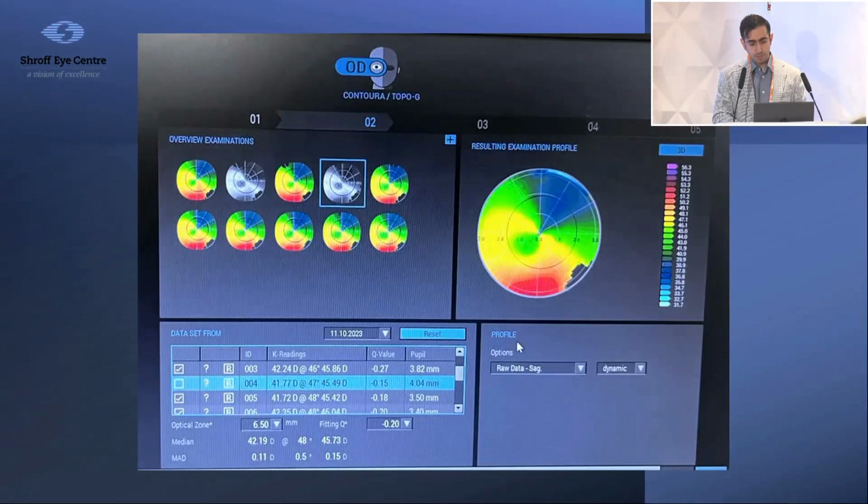We stuck to the topo-guided. It's important to have good quality scans. You exclude the scans which are not of good quality. There should be good enough exposure. You have to make sure that the nose and the eyebrow are not blocking the points that the machine is